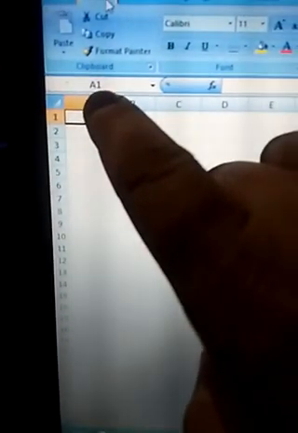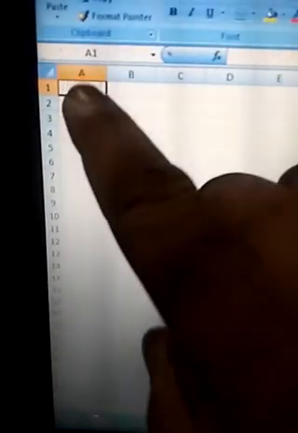And then you will see the box known as A1. A1 is the name and address of a cell. Now I'm specifying it. You can see these are the columns A, B, C, D, and these are the rows 1, 2, 3, 4.